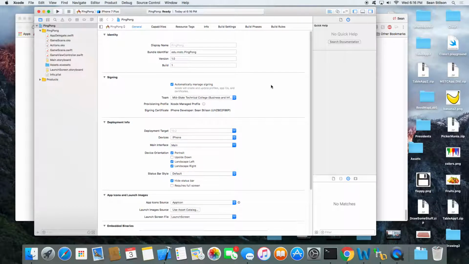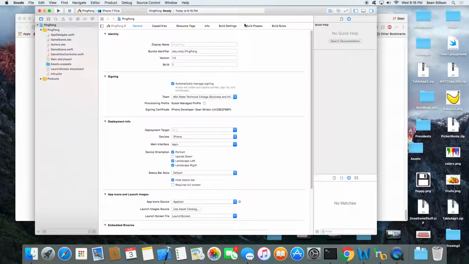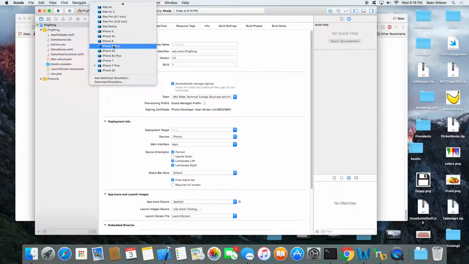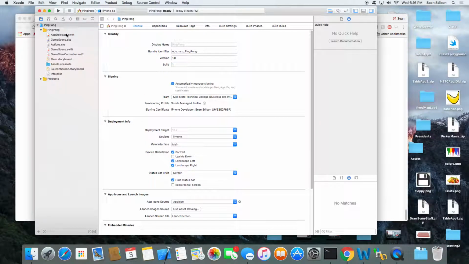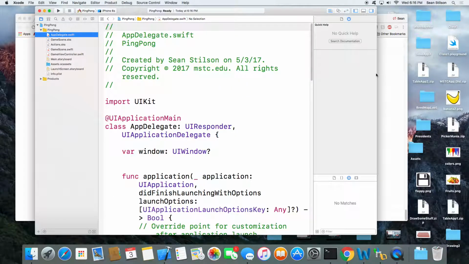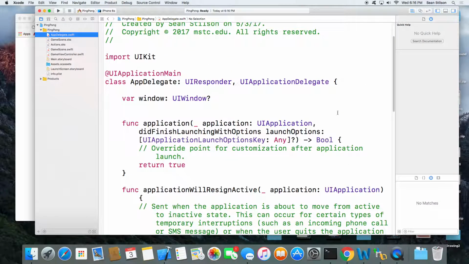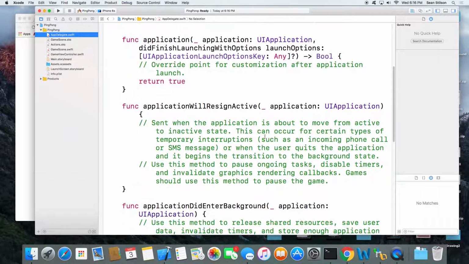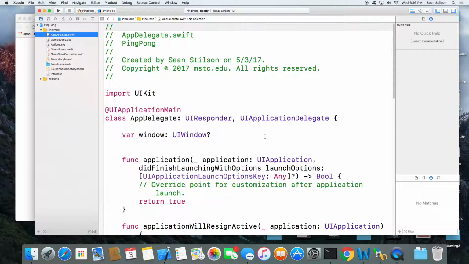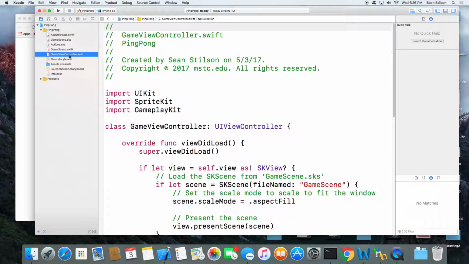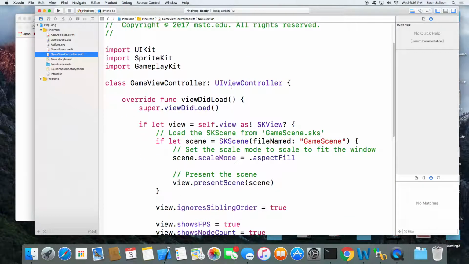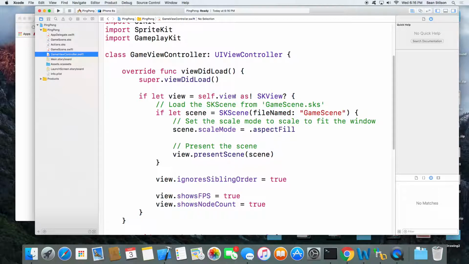Okay, so a few things about a game as opposed to a regular app. So let me change my simulator. App delegate, everything is pretty much normal. There's not much different in the app delegate class. It's all boilerplate stuff. But now you'll notice, let's go into the game view controller. Instead of just view controller, it's game view controller. Still derived from UIViewController. But there's some differences. We still have a self.view, but it's not a UIView. It's a SceneKit view, an SKView.